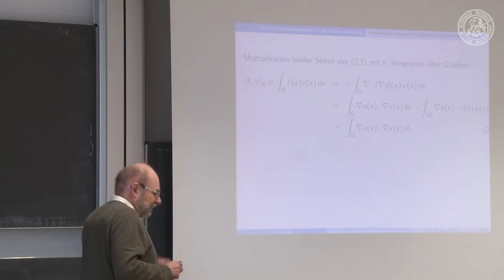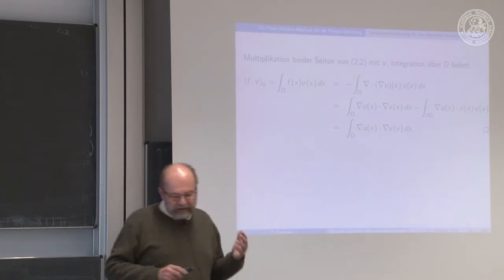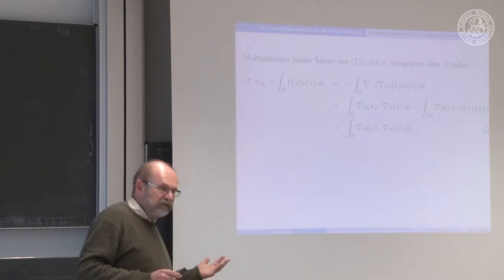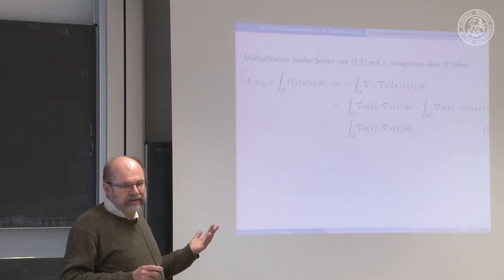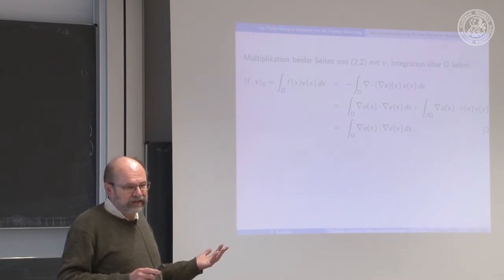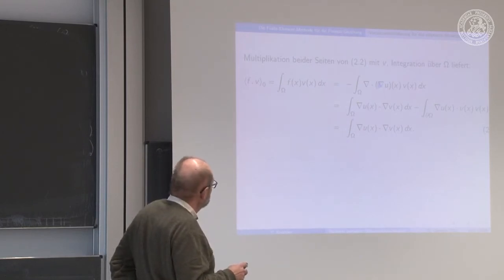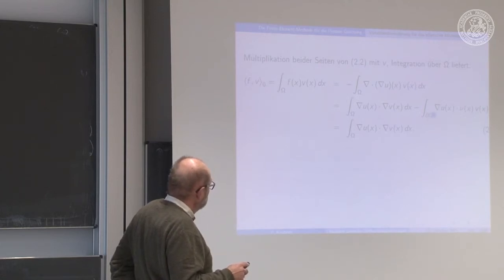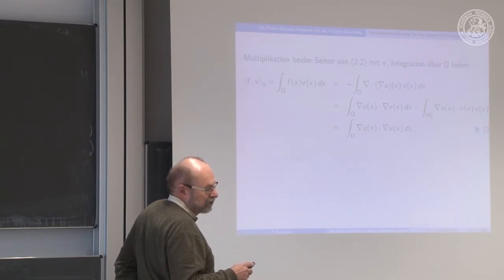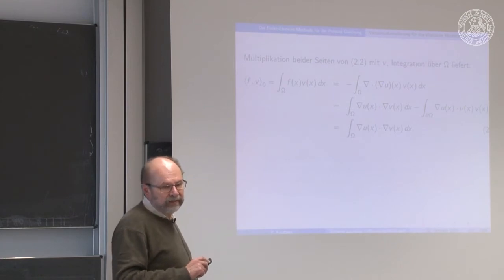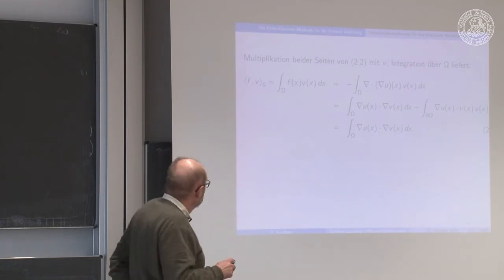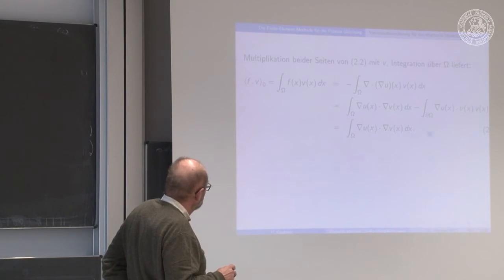And as I think you know, an immediate consequence of the divergence theorem is the formula of partial integration. So we can, so to speak, bring the divergence as a gradient to the v by change of sign. And in addition, we get a boundary integral here. But this boundary integral vanishes because of these compactly supported test functions. That means we have this identity here for